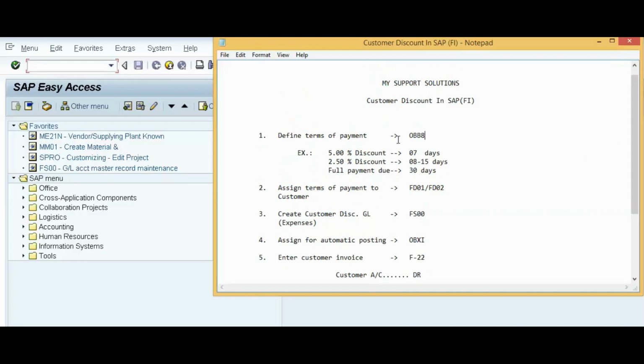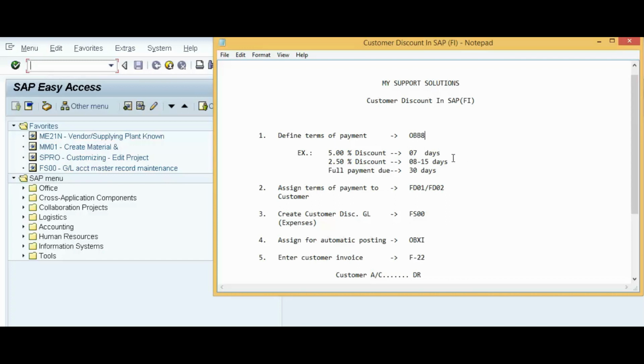Transaction code is OBB8. So terms of payment is, we can say, discount rule. For example, we will give 5% discount to our customer if we receive the payment within 7 days, 2.5% discount for 8 to 15 days, and after 15 days no discount.